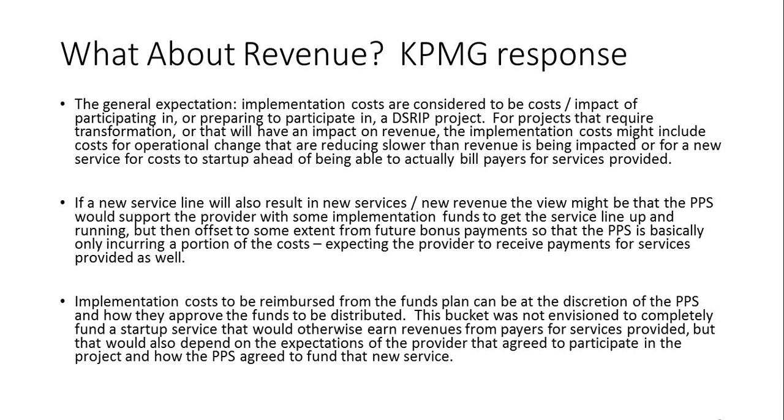So I know there's been a lot of questions about this, and we'll probably have some more specifics, but that's the general revenue. Because your organization is participating in DSRIP or one of these projects, and they're going to either lose current revenue or have a loss for some period of time as they're ramping up a new program, those are the types of things we're looking at. It's essentially like a cost of participating in the DSRIP program.